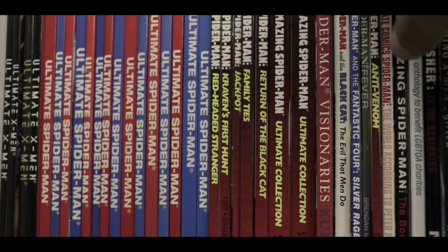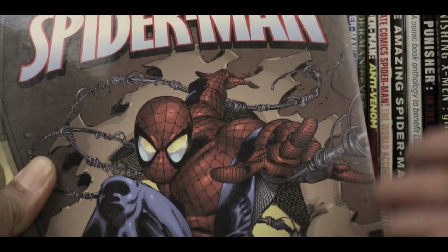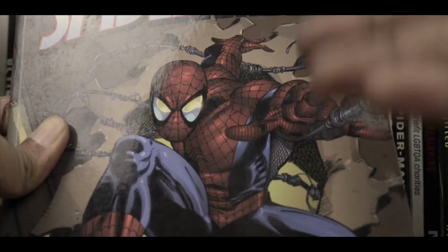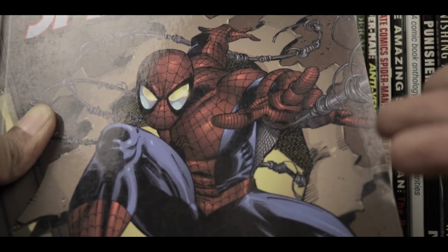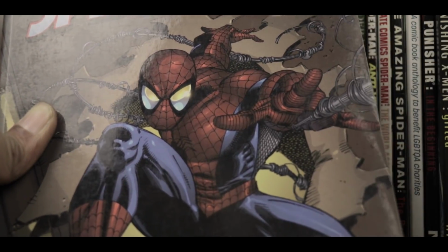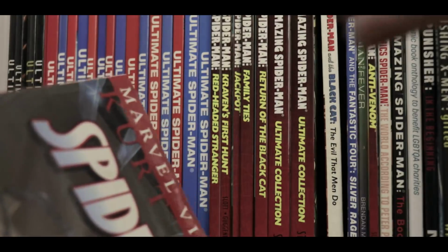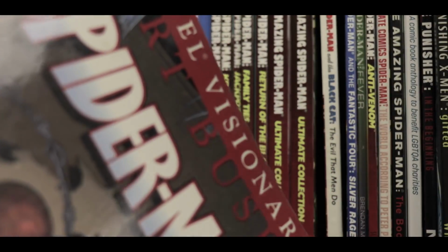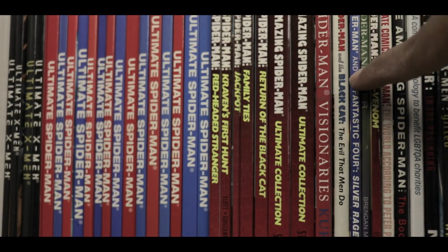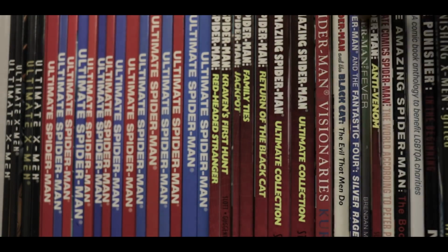Then there's also Spider-Man Visionaries by Kurt Busiek, which was a slightly different kind of Spider-Man Year 1 in some ways. Kurt Busiek went back and wrote stories about Spider-Man in high school between the major leaps that happened in the continuity. I enjoyed them. I like Kurt Busiek. These were fun stories. In general, I think I have more of a leaning to enjoy Spider-Man than many other superhero stories. Black Cat, The Evil That Men Do, The Fantastic Four and Spider-Man Silver Age, Spider-Man Fever,